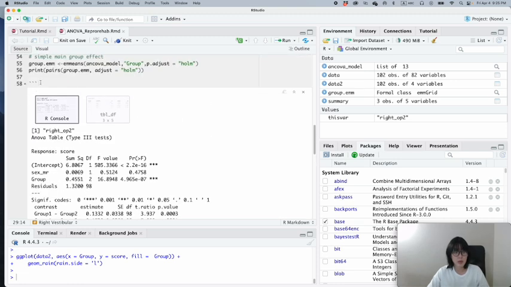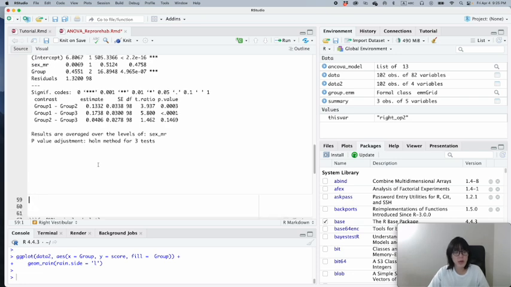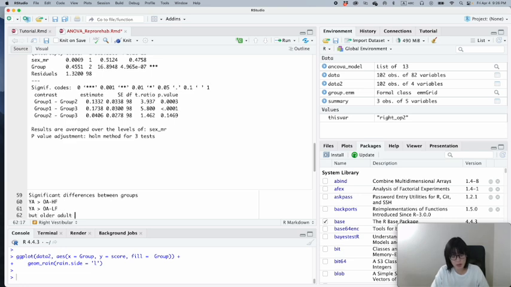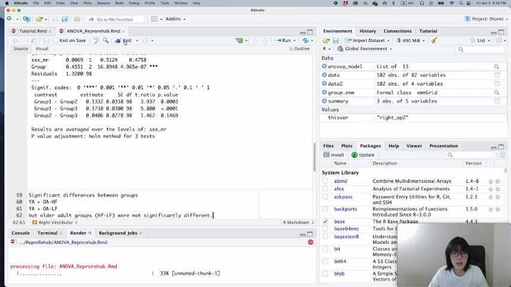So here, I could always have notes to say significant differences between groups, young adults greater than older adults with higher physical function, young adults greater than older adults with lower physical function, for older adult groups, high function and low function, not significantly different. And then when I knit this again,